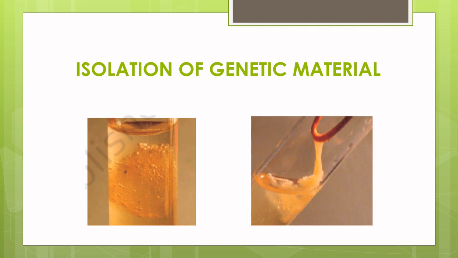Isolation usually involves the breaking of the cell's membrane and possibly also a cell wall if it is a plant cell. DNA is obtained by treating the bacterial cells or plant or animal tissue with enzymes such as lysozyme if it's a bacteria, cellulase in case of plant cells, chitinase in case of fungus. The RNA can be removed by treating with ribonuclease, while proteins can be removed by treating it with protease. Other molecules are removed by suitable treatments. The purified DNA ultimately precipitates out after the addition of chilled ethanol.